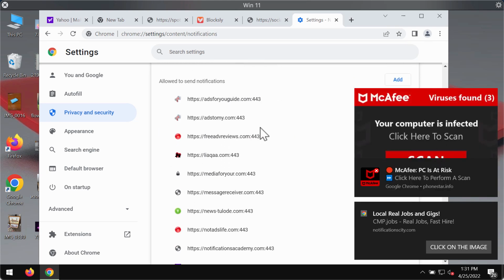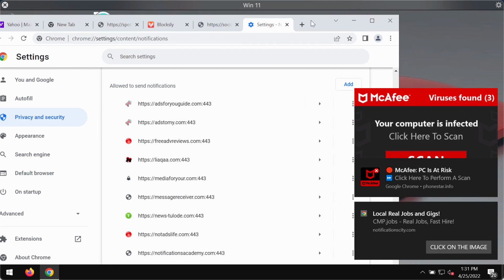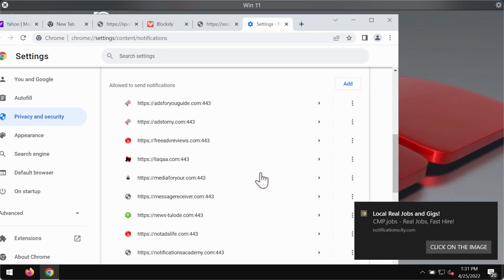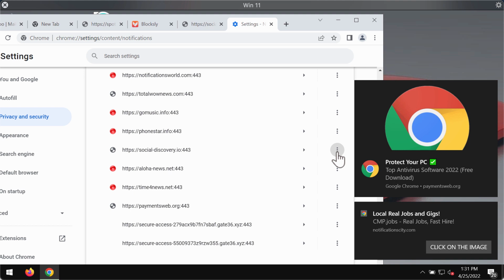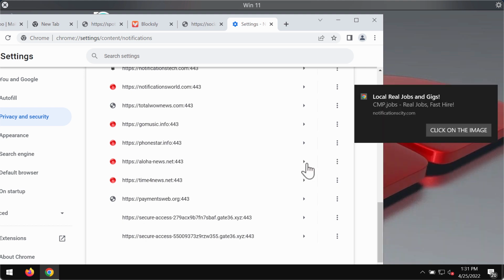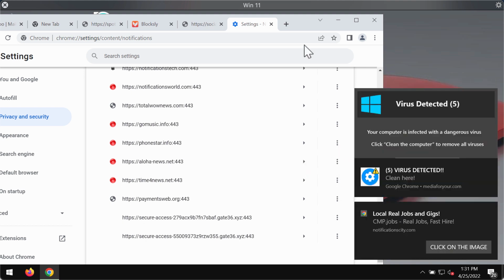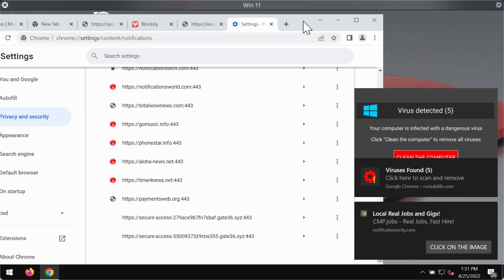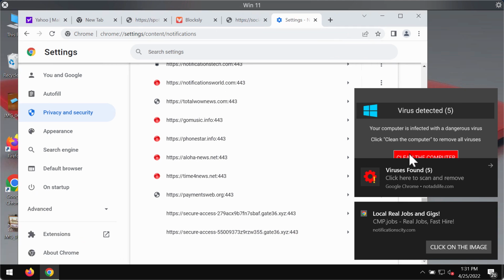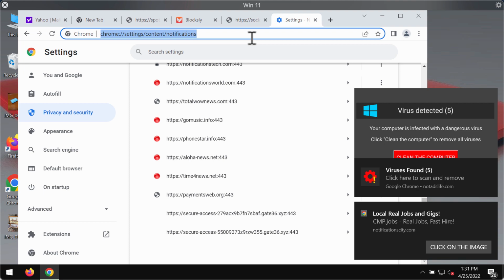Pay attention to the websites that are allowed to send notifications, and if you find these malicious websites, socialdiscovery.io, you need to remove the malicious website from the list and also remove other junk sites that are possibly causing such troubles. So, if you also see a lot of such ads attacking your screen periodically,